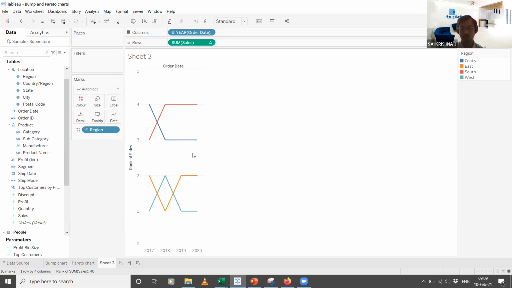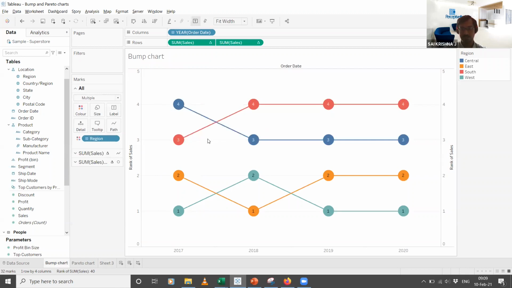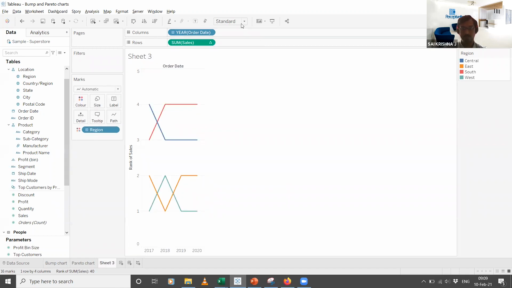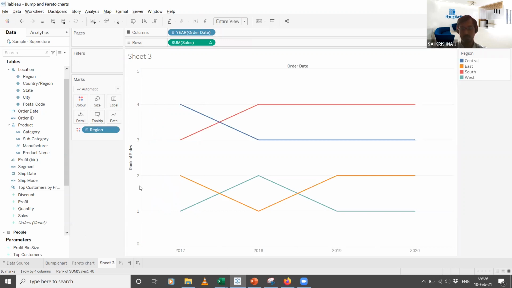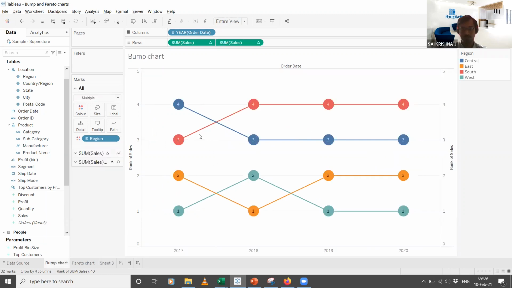The lines that you see here are the paths traced by that ranking. For example, compare this with what we have here. This line is what we have obtained now, and what we need to do now is show the representation of that particular rank for that year.